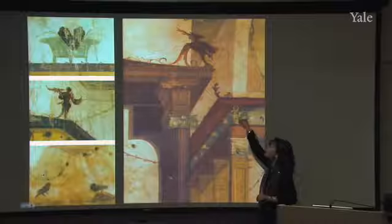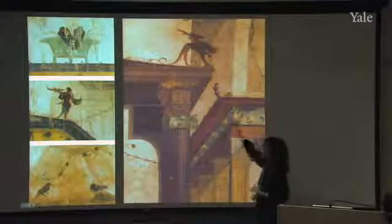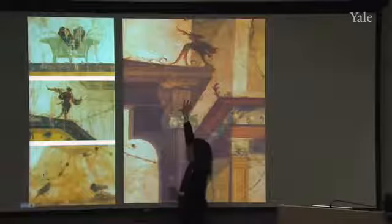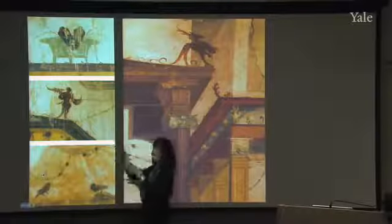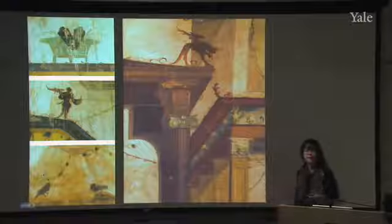Is it animal? Is it human? I mean, what is that? These wonderful, what look like swans, golden swans that decorate this. When you look very close, you can see there's a figural frieze here. And look at that wonderful representation of the fruit or vegetables in a bowl that is represented so magnificently and